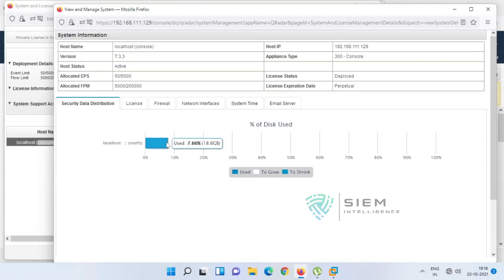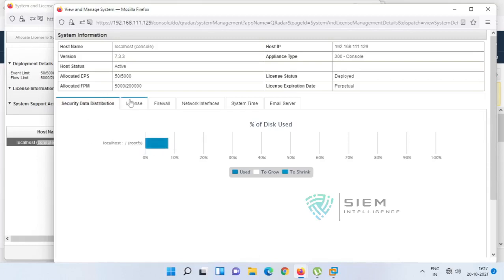This is the rootfs folder, that is, you can say the store folder, or the transient folder. Over it, 7.66 is filled. So you can understand that if it is beyond 70 to 80%, we need to either extend the storage, or go for archival of your logs and all.